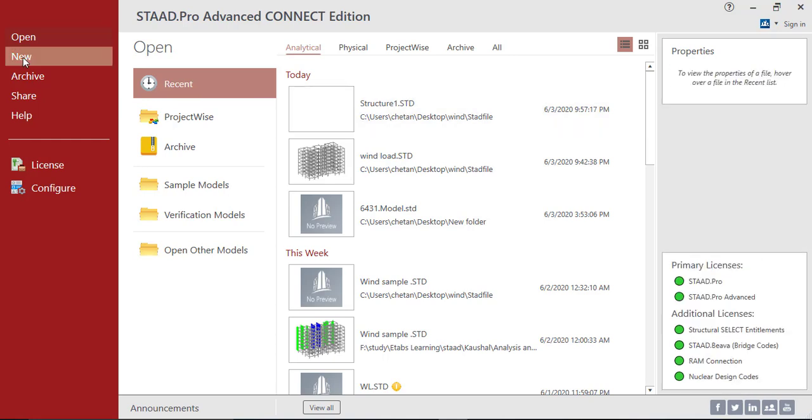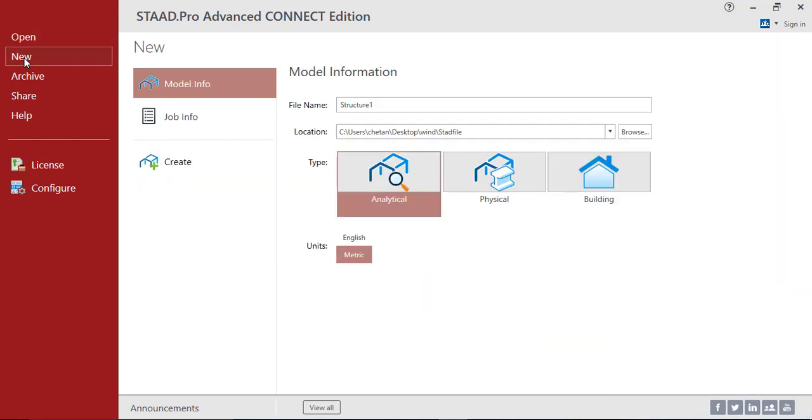So I'll click on new file. As I click on new file, over here you have three options available, that is analytical, physical and building. We will go with the analytical modeling, as today we will discuss the geometry coordinate system, in which you will understand how you can create a model. Over here you can choose your file name. We will give it as